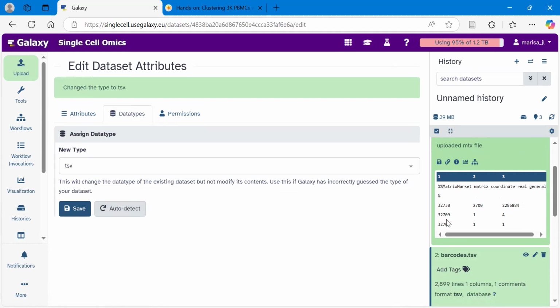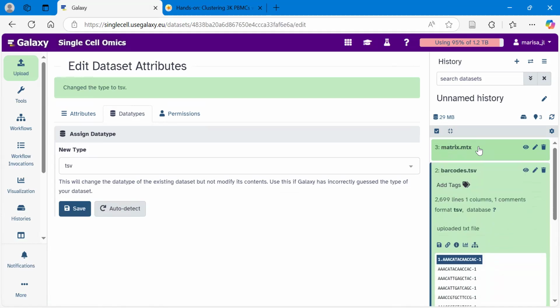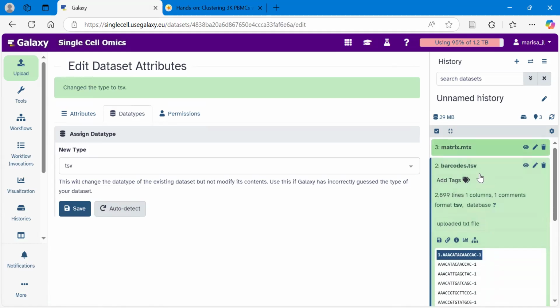And the following lines after that are telling us, for each gene, how many times we found it. So the first column, the 32,709, is our 32,709th row or gene in the table. And you can see that in the second column we're looking in cell number 1. And in the third column, it tells us for cell number 1, for that gene, we found 4 copies of that RNA. So we can see now, if I just close that down, our barcodes file has turned green,